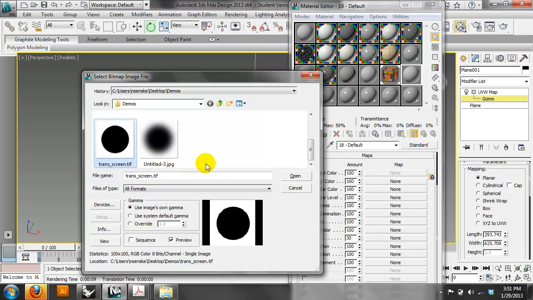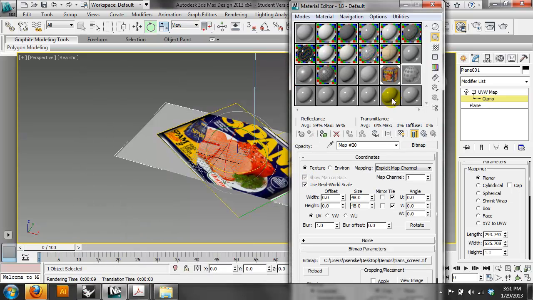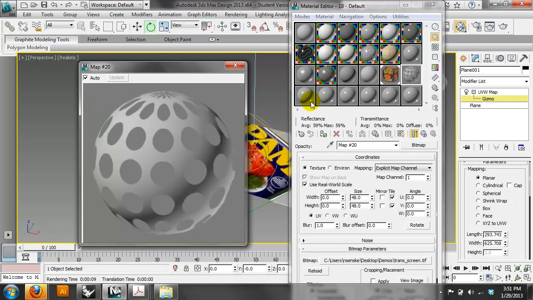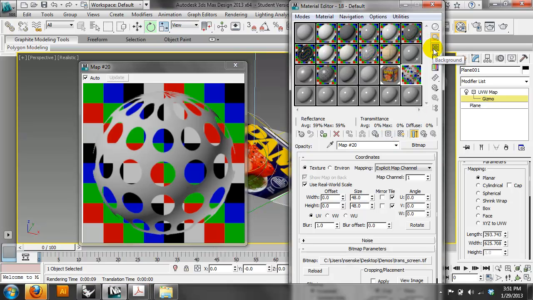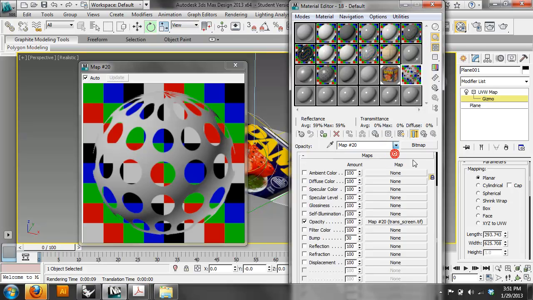So I'm going to take one of these images right now and open it up. And if you just see it tiled there, let me put the background on there. Okay, so I have done nothing. I have not Booleaned this. I have not done anything to it, but the map is actually giving us the ability to see through it. If I make the material double-sided,